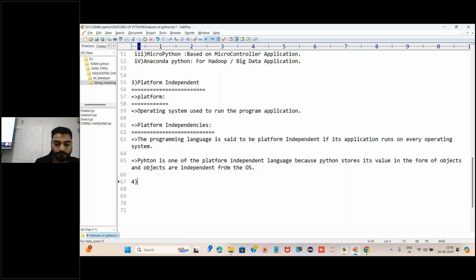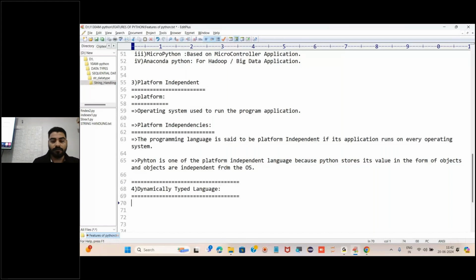Next is dynamically typed language. Okay, what is it? What is the meaning of dynamically typed language here? First of all, let me give the example, then I will write the notes here.